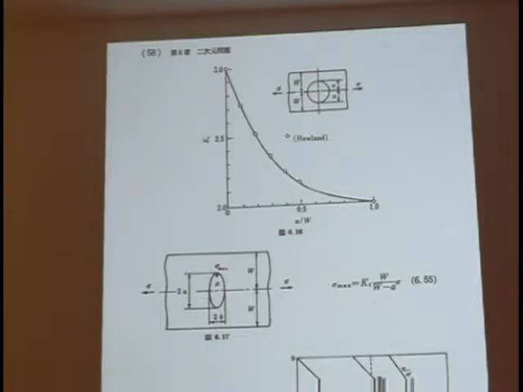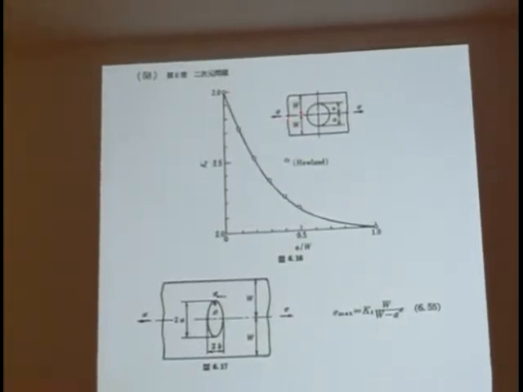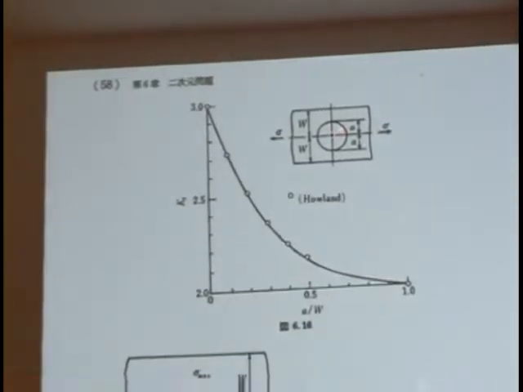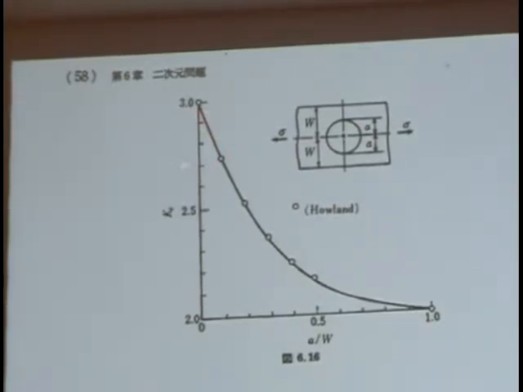This 3 is the value of the stress concentration factor at this point for an infinite plate. And this KT decreases as the size of the hole approaches the width. It's very strange. You may think the KT should increase. But you must be careful that the definition of KT is the maximum stress divided by the nominal stress,